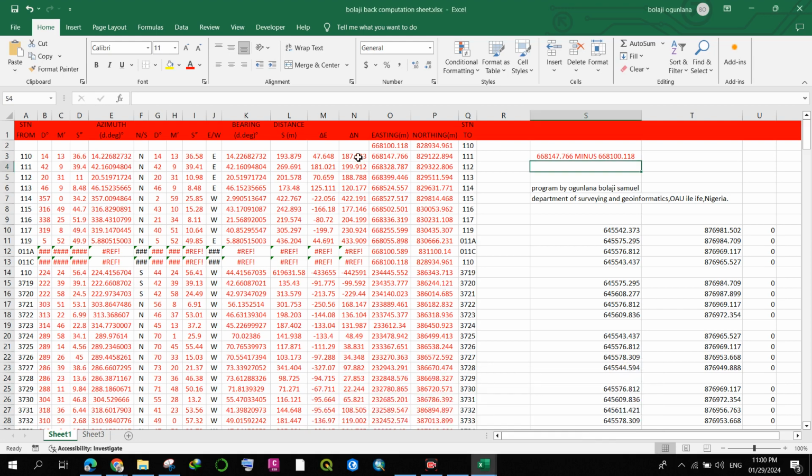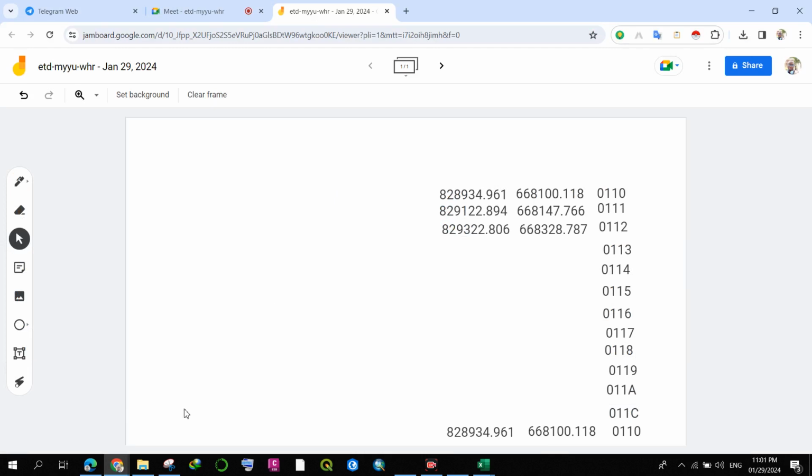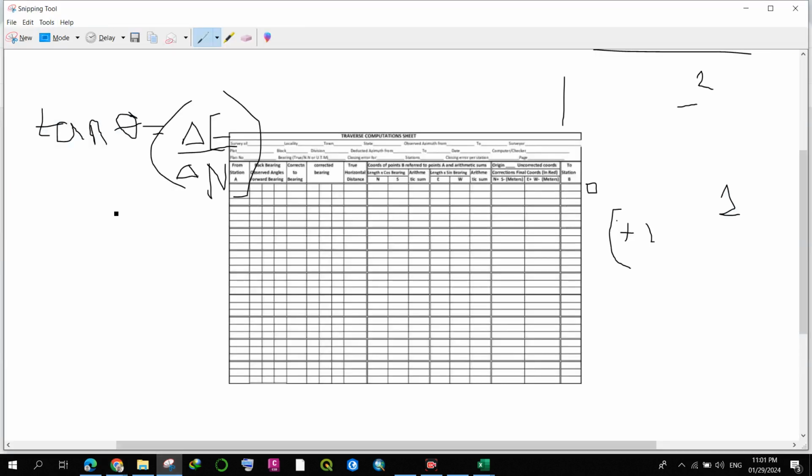Now you consider the value you have here. Neglect your sign for now. All together, neglect the sign you have either for the easting or for the northing. You put in your easting, which is 47.648. Yes, sir, neglect the sign for now. 40 whatever, divided by